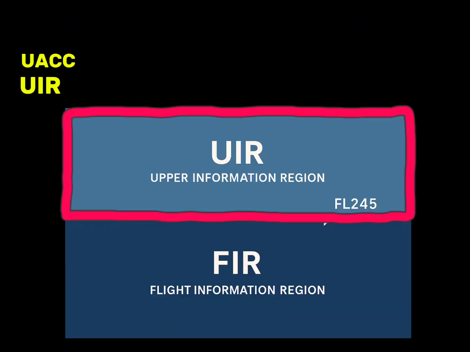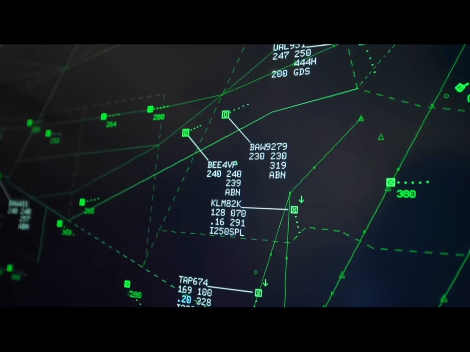But who is responsible for UIR? Well, it's quite simple. In UIR, the UACC controllers look after the planes. UACC stands for Upper Area Control Center. These controllers basically do the same thing as the ACC controllers, only they are responsible for upper airspace. I hope you've understood it